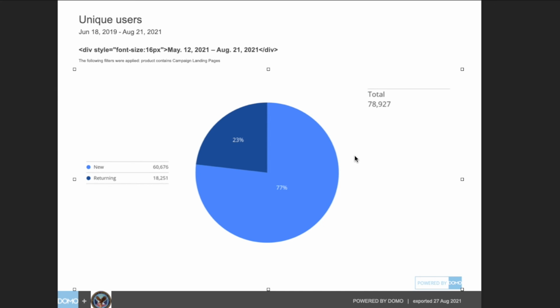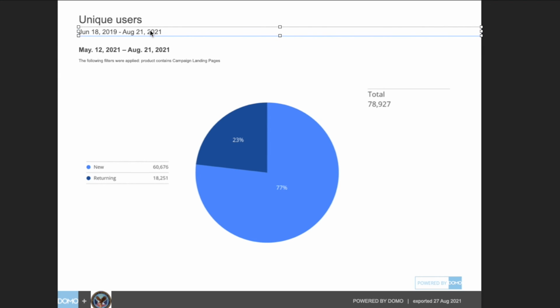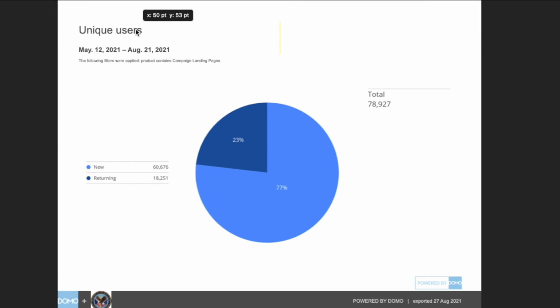I could copy and paste the image into another slide, and I could also edit it here. I'll clean up the HTML formatting for the custom date field that reflects the range of the data shown, and I'll also erase the range that's automatically generated for the whole dashboard, since this is for the full data set and could cause confusion. There, that's looking better already.